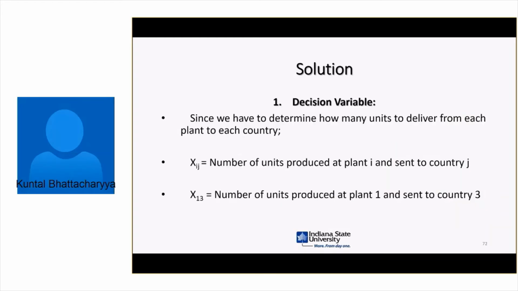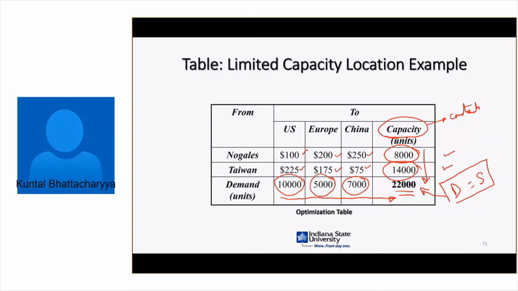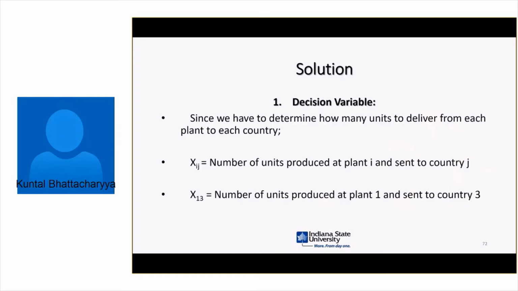The decision variable is how many units should be manufactured by Nautilus for US, for Europe, for China, and how many units manufactured by Taiwan for US, for Europe, and for China. So this is where we bring in the context of a variable that takes two suffixes. The X sub ij refers to number of units produced in plant i and sent to country j. And so if I say X sub 13, it's number of units produced at plant 1 and sent to